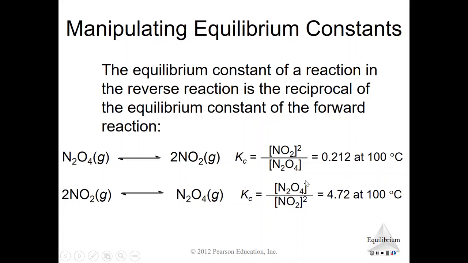You're getting a really large number, okay? So what that tells you is the reverse reaction is what's favorable in this case. The formation or the reformation of N2O4 is what's favored. The bigger the number,